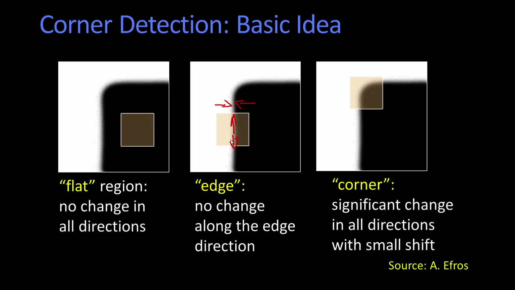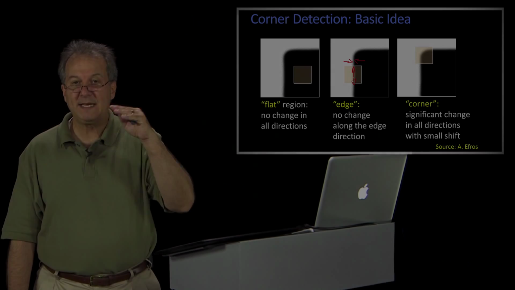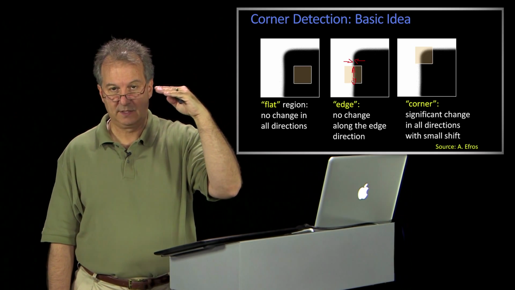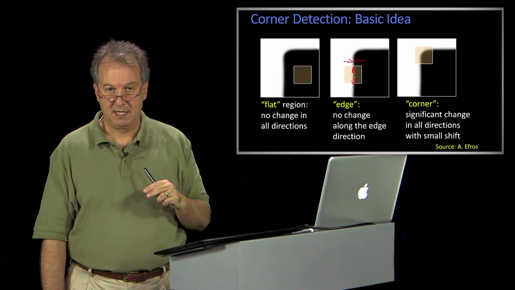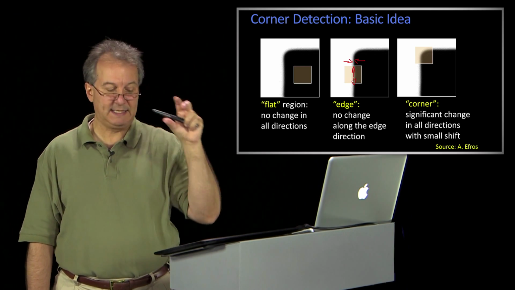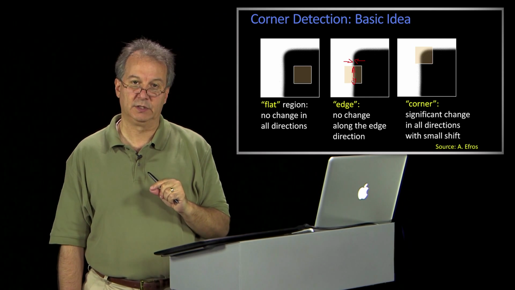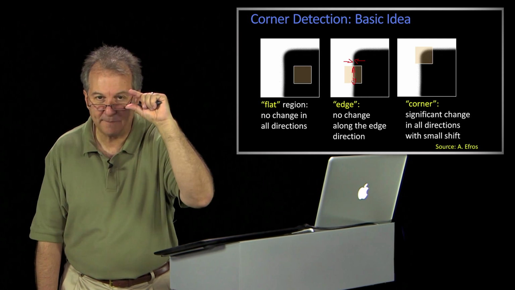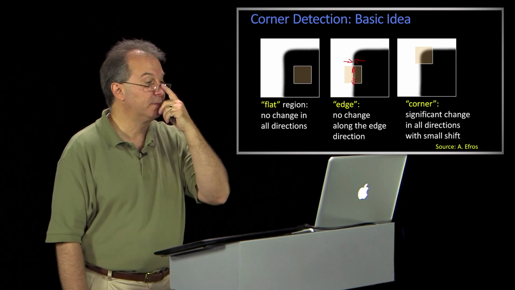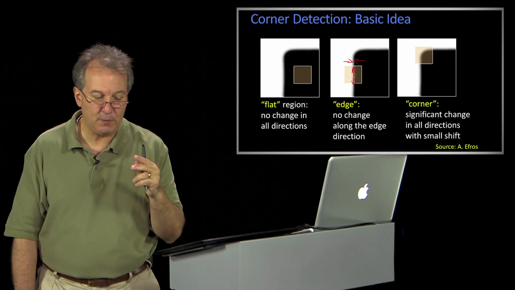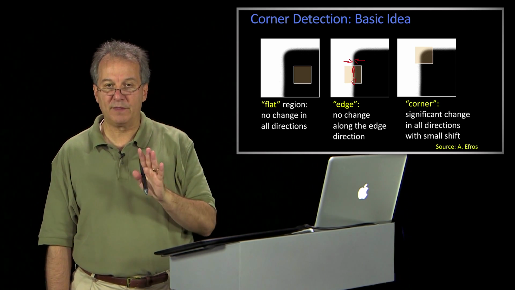So finally, what do we get to? Aha, we get to corners, okay? And the idea is that in the corner, basically because I have gradients in more than one direction, no matter how I were to translate that square, the pattern underneath the square will change. And so I can know when I've lined up exactly where I was before, right? So there's this idea that we need the gradients to have more than one direction.